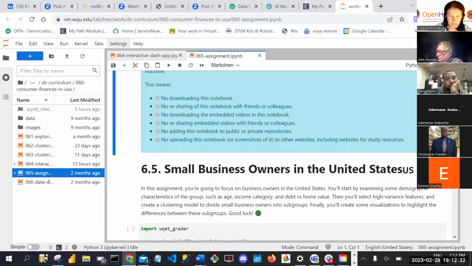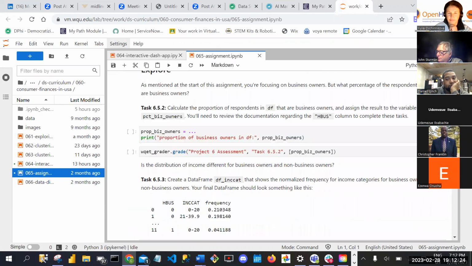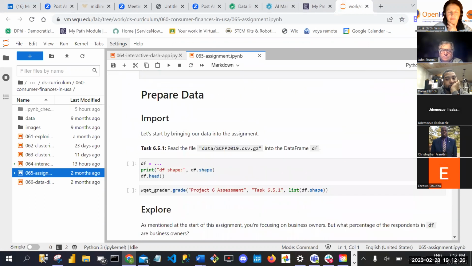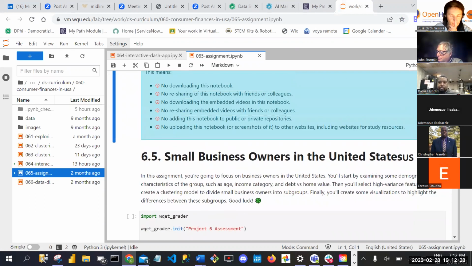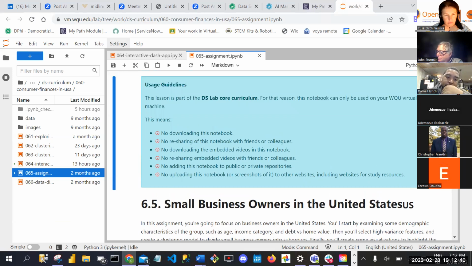Dash allows you to make web apps in Python, which is really good. But they go over it all. They go over unsupervised learning, KNN clustering, gradient boosting, random forest, decision trees, how to connect with an API, all of it. But it takes a long time because every module